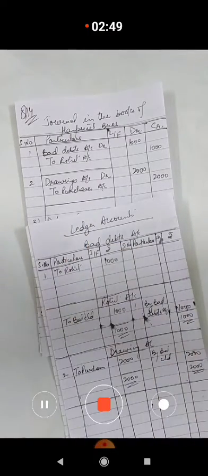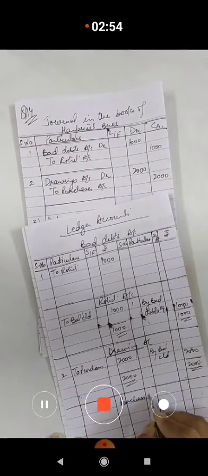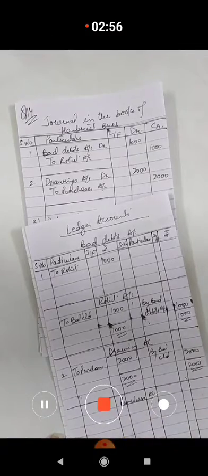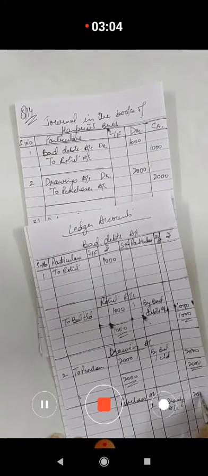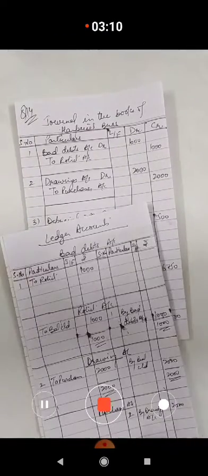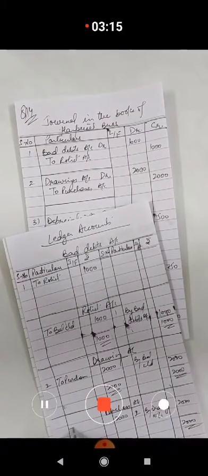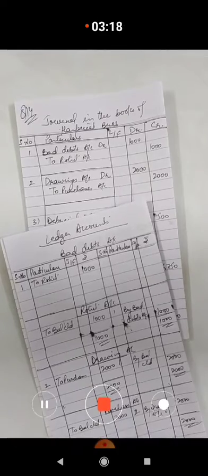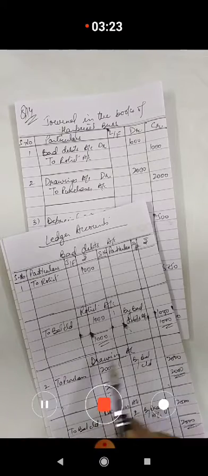Then let's move to the next, which is purchases. So you will make the ledger of purchases account. Purchases on the credit side, you will write by drawings account with 2000 rupees. Again you can see that there are no purchases in the other journal entries, so you will close this account also with 2000 rupees, and here you will also write 2000 rupees with to balance carried down, double line and close. Remember one thing, you have to double line and close each and every ledger account after its completion.